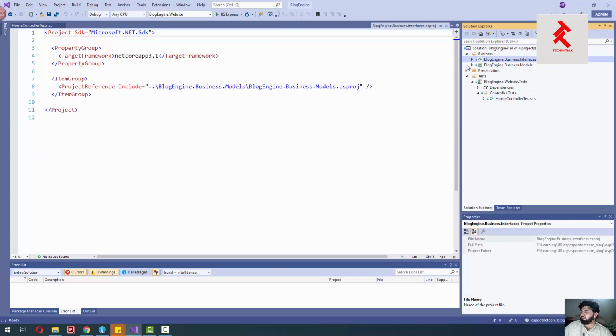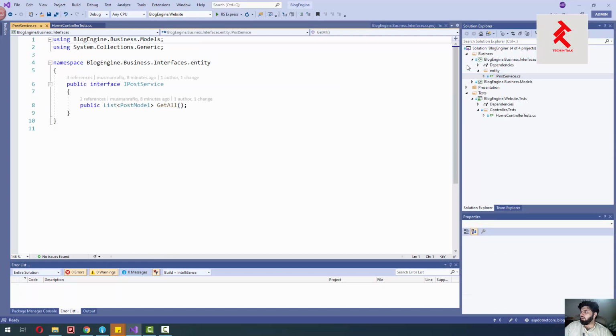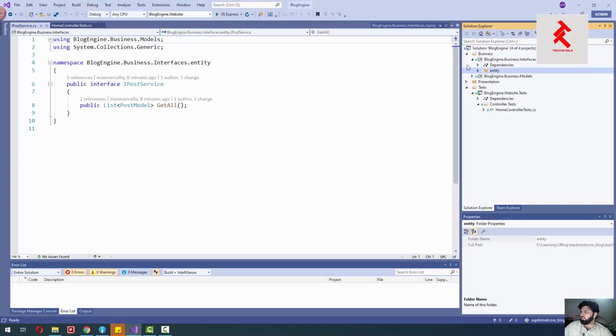And the interfaces will contain most of our service interfaces. Currently it has only one service related to our entity, which is IPostService. I will divide all of my services into categories, so all the DB entities related services will be inside this entity folder.